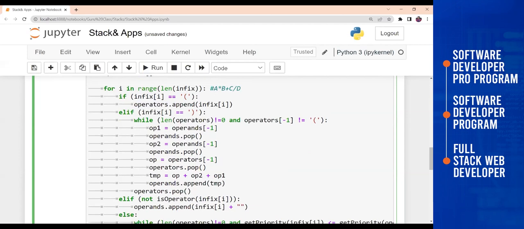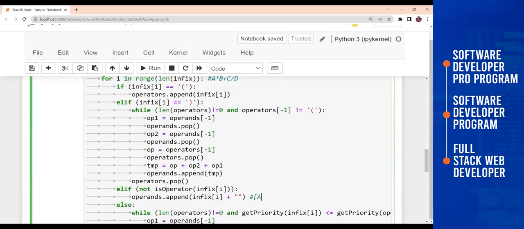So now it will check that it is not here, and then it will check for this elif, and it is not there. Now if that is not an operator, then it should be an operand, right? So that's why if it is not an operator, then that particular thing is inserted into the operand. So first of all, what is the value? The A is passing in this particular for loop called I. So now what will be inside this operand? It will be like A. A will be appended into this particular operand list.